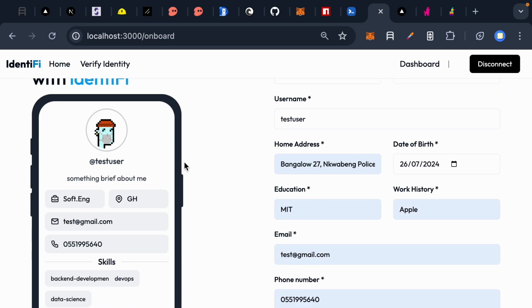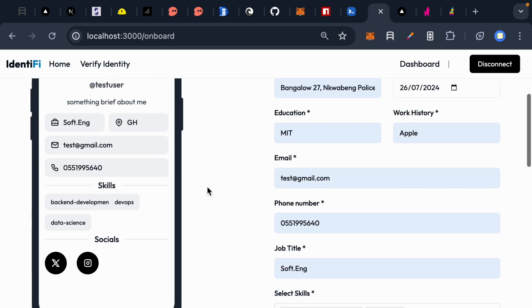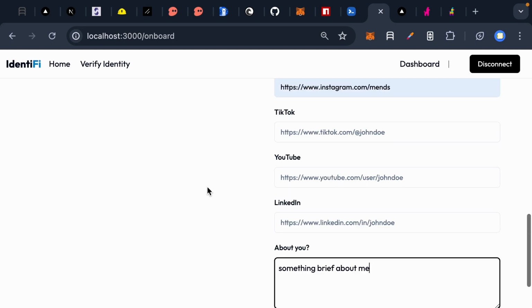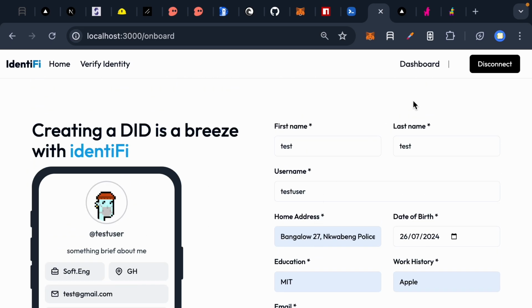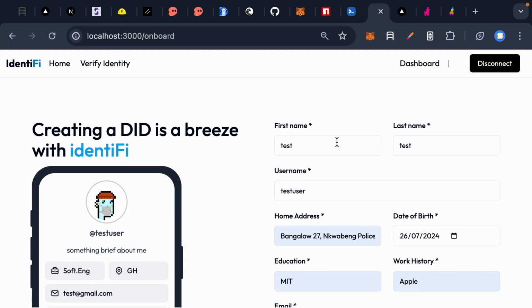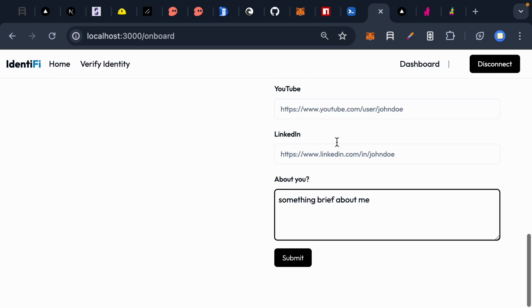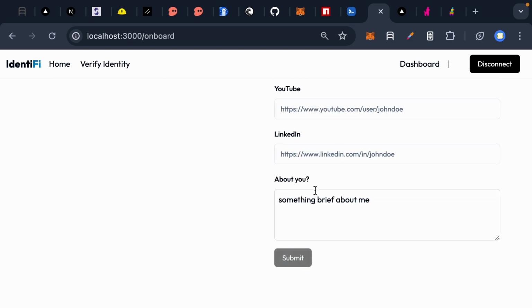Then we have it in the profile section. So we can click on the submit, and hopefully we should see a MetaMask window that gives us the message to sign or approve this transaction. So click on submit,